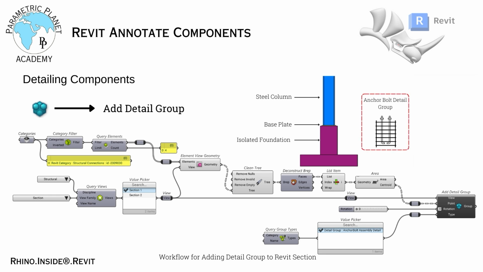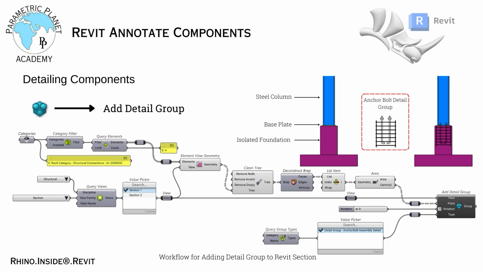Section views in particular help us visualize the connections between structural elements, making them ideal for placing details like anchor bolt assemblies. Detail groups in Revit allow us to create assembled details once and place them in multiple section and drafting views, saving significant time compared to recreating the same details repeatedly. Our goal is to place a pre-made anchor bolt detail group into a section view, showing how it fits between